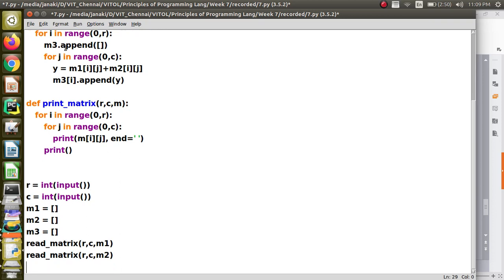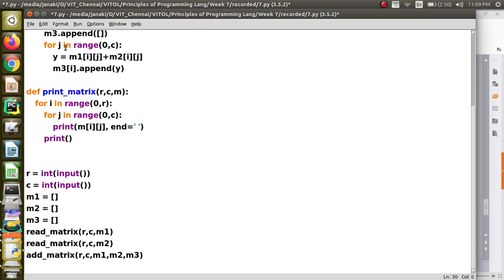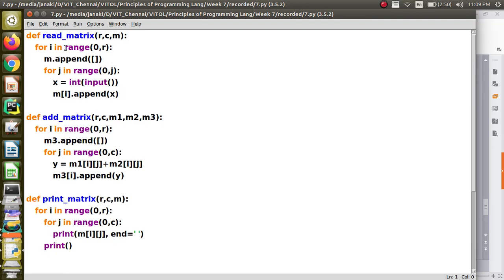Then you have to call the add matrix function R comma C comma M1 comma M2 comma M3. Okay, and then you have to call the print M3 function. So this is how we will write the code.